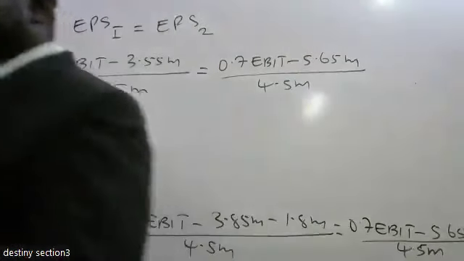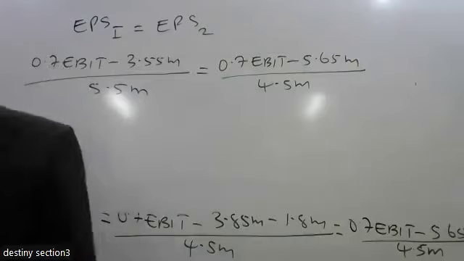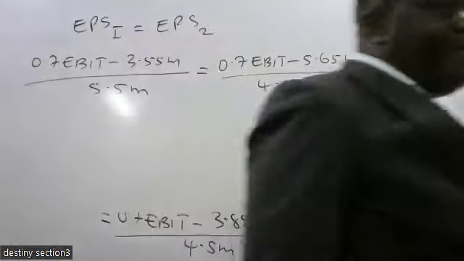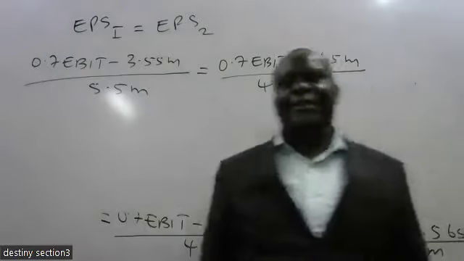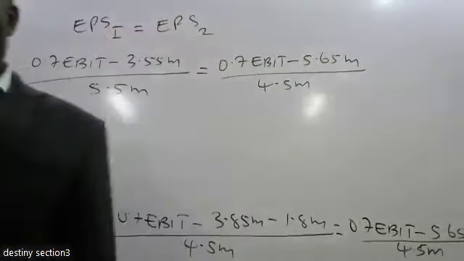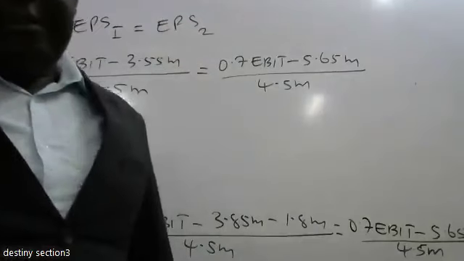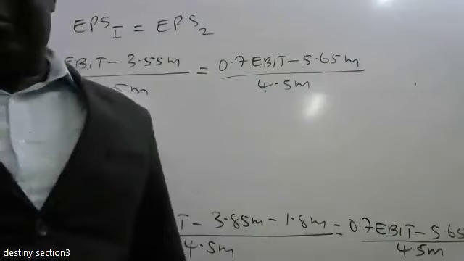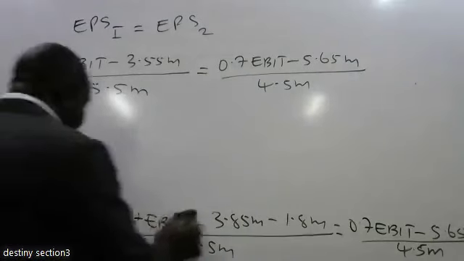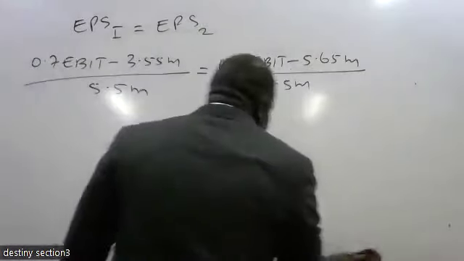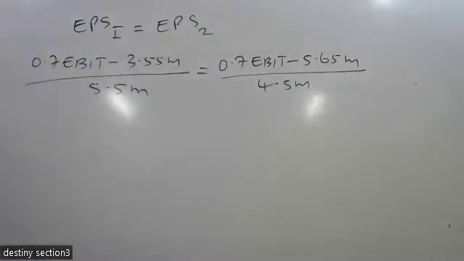So we are getting here earnings before interest and tax 21.57. How about the earning per share? 2.1. So we can now go to the Roman letter 2, where they wanted you to draw a graph. For you to draw a graph, you require 3 points. So the 3 points are: